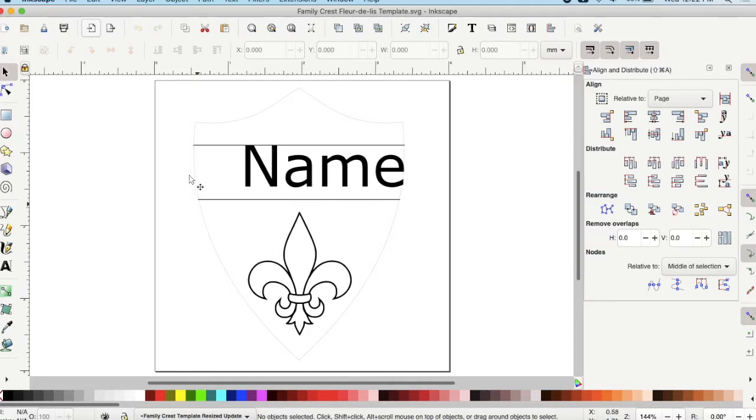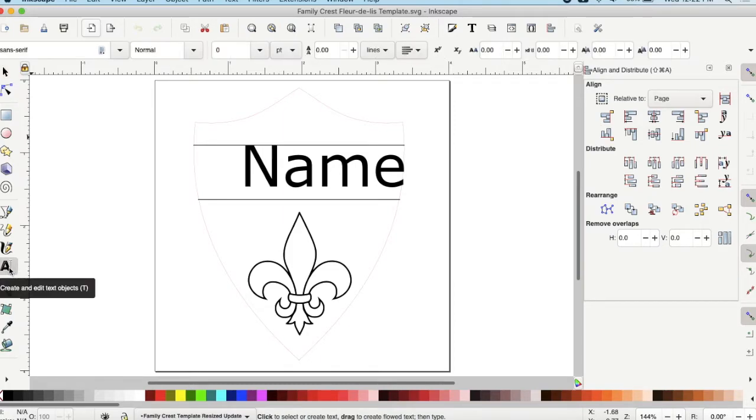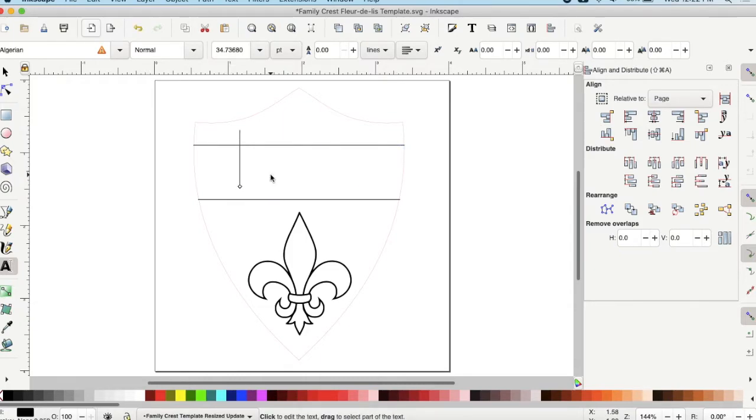So in order to do that, go ahead and choose the text tool, which is the letter A over here. Once you have that tool selected, then you can go over to where it says name here, and then you can click at the end of the box, and then you can delete name, and then type in your last name. So once you've typed your last name in here,